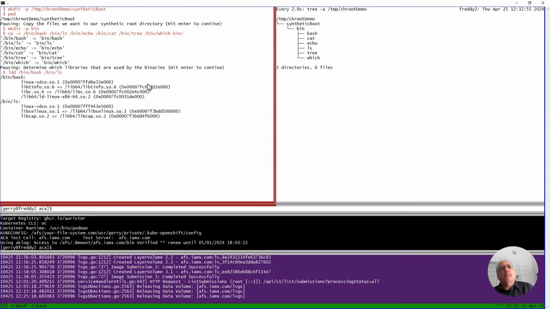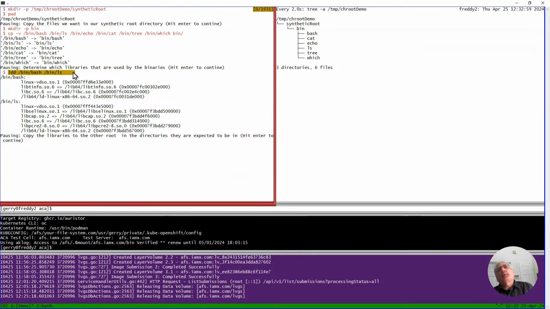And there's a program ldd, which if you ever want to know what libraries a particular program is dependent on, you run ldd, and it says that bash is dependent on this library, libc. ls is dependent on libc also.